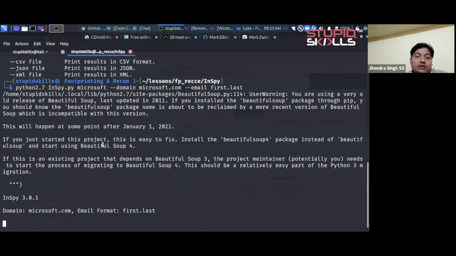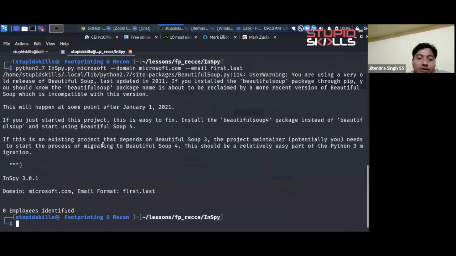We can see that it's searching for email addresses for Microsoft.com. We are getting so many warnings because the version of Beautiful Soup that we are using is based on Python 2.7, and that is going to stop after January 2021. Okay, so for this particular email format for the domain Microsoft.com,